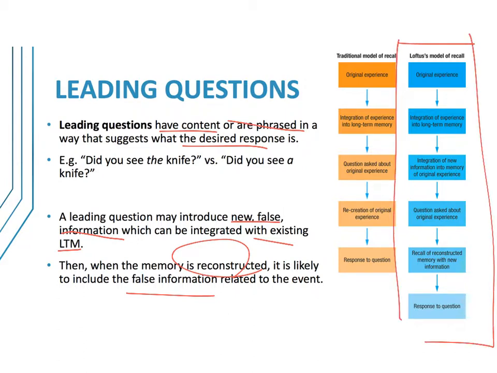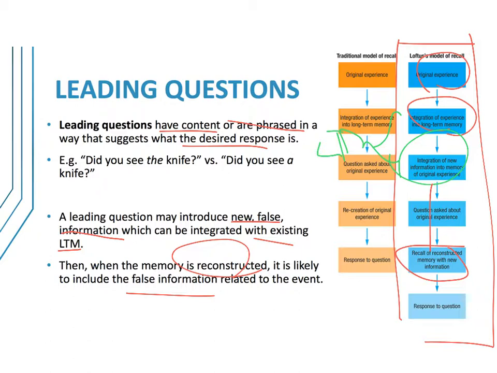Now that's a really good diagram that you can show to the kids. So what we can see here is that we've got the original experience, the integration of the information into long-term memory. We then have the integration of new information into the original experience. And so that's where storage and consolidation occurs in long-term memory. Then when a question is asked, the information is recalled with the new inaccurate information, and the person responds to